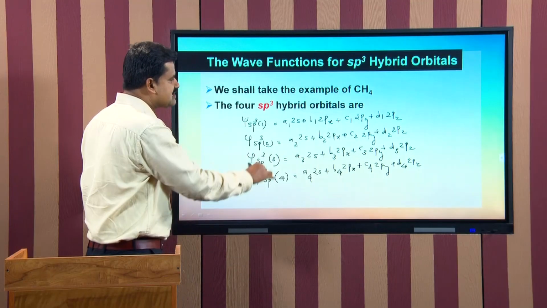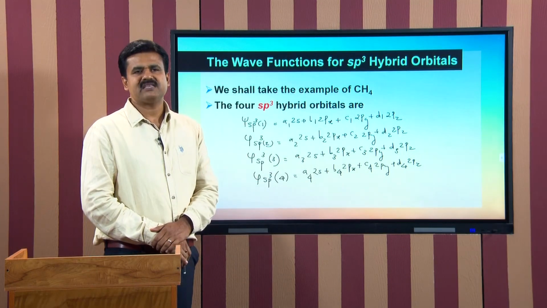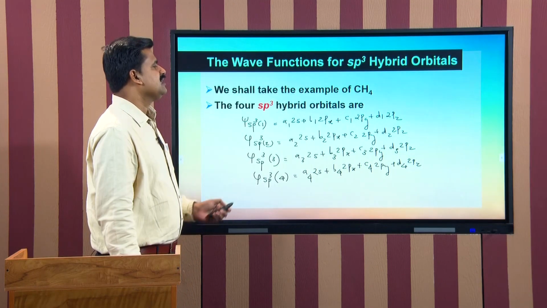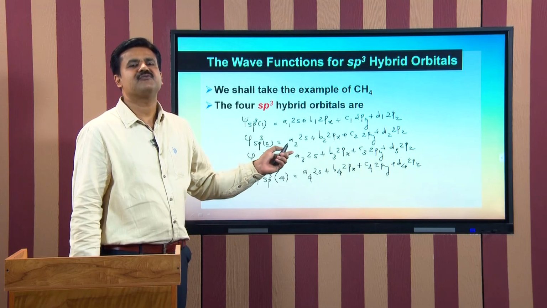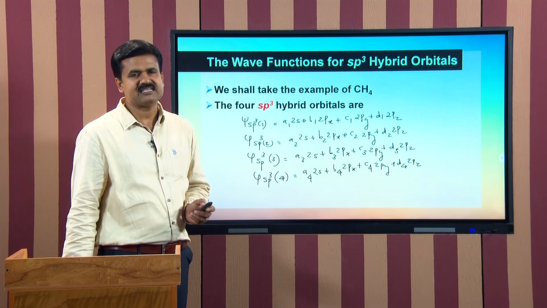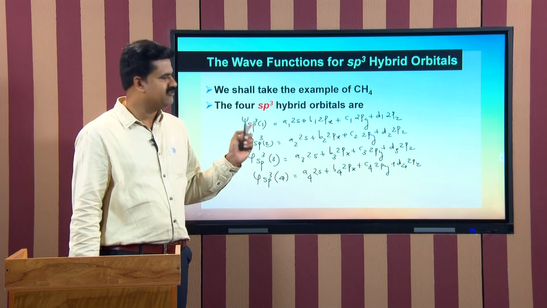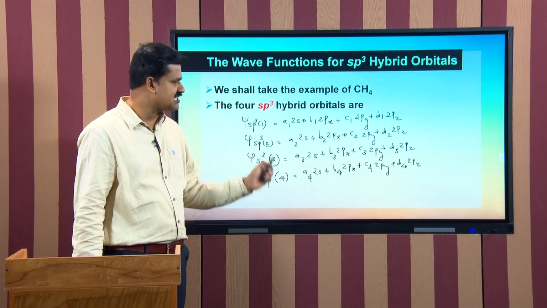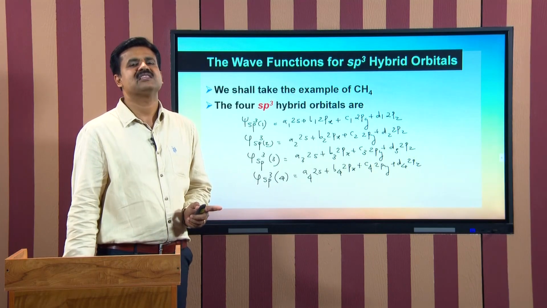Hence, these are the 4 sp3 hybrid orbital wave functions. These contain 4 times 4, that is, 16 coefficients to be evaluated, and when we evaluate such coefficients and put them in the respective equations,